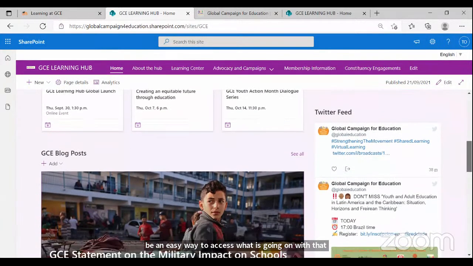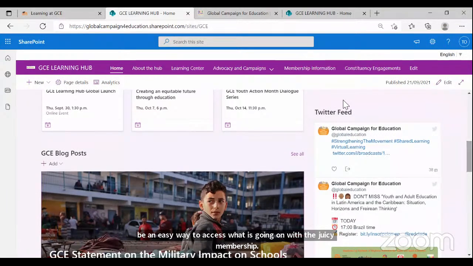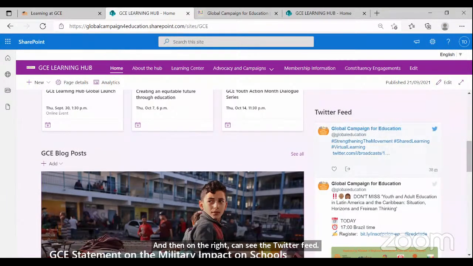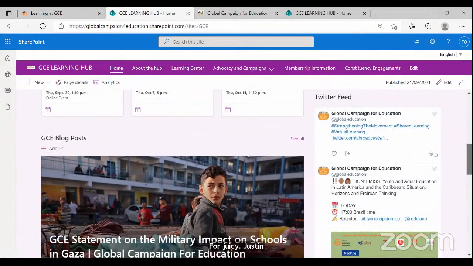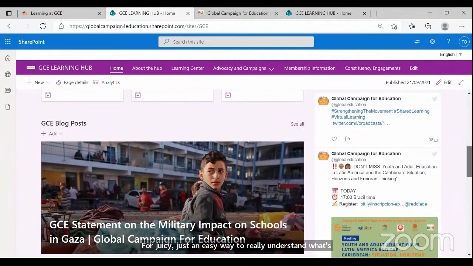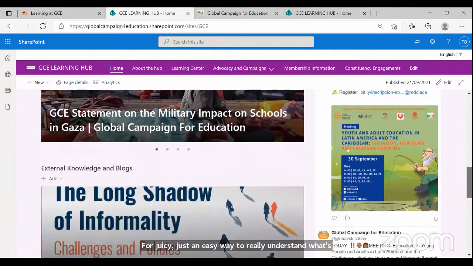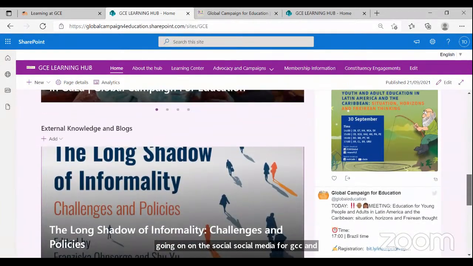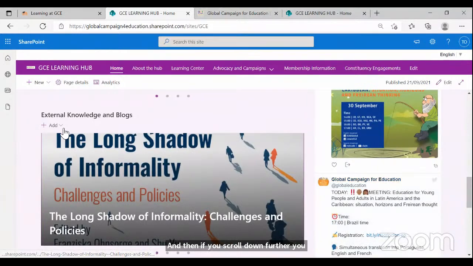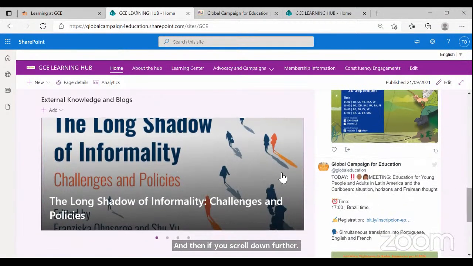And then on the right, you can see the Twitter feed for GCE, just an easy way to really understand what's going on in the social media for GCE. And then if you scroll down further, you'll be able to see external knowledge and blogs. So we'll also be posting information and resources as well as blogs from our external strategic partners that could be